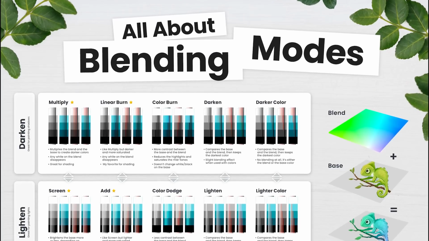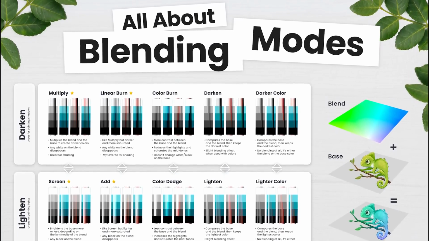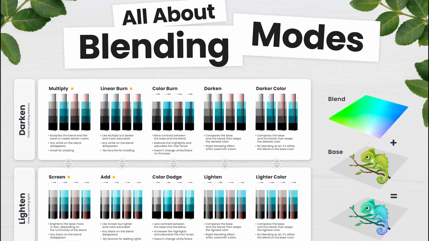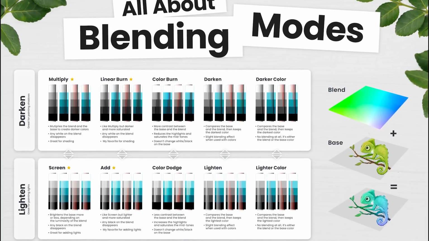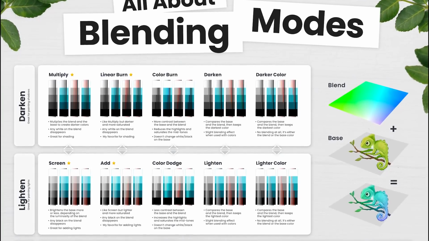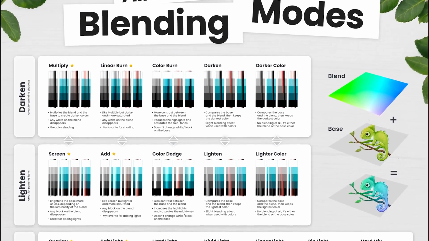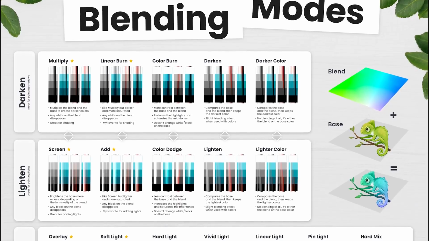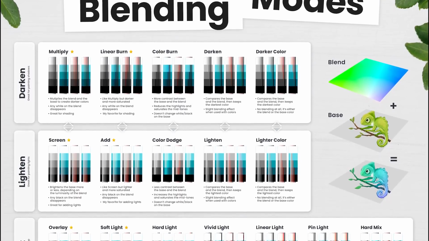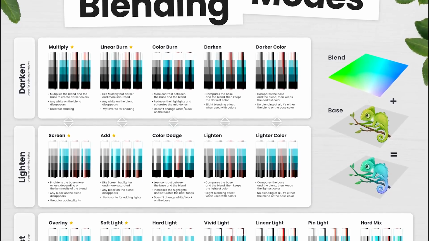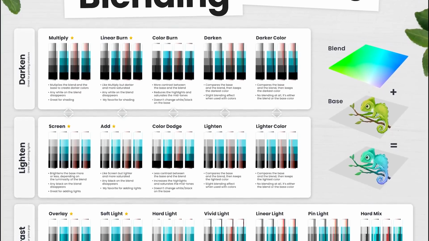And there you go, that was the overview of the different blending modes. Now the key here is really to remember that all you need to do is find a general category and then explore the different blending modes within that category to see what you prefer for your illustration depending on your own needs. So there's never a right or wrong way to use blending modes, it's really all about testing. And that's always my answer whenever I get a question about blending modes. Just pick the category that works best for what you're trying to do. So if you want to add shadow, pick, for example, the darken category, and then just try the few blending modes within this category to see what works best for you.